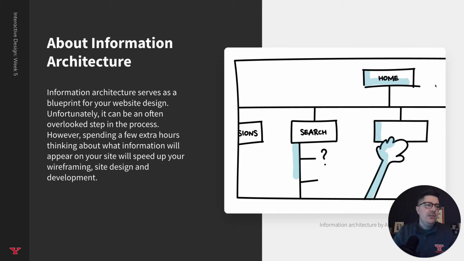So let's start off by defining it. Information architecture serves as a blueprint, like I said, for your website. Unfortunately, though, I think this step is often overlooked in the UI UX process in the industry. For many years, I overlooked it, and now it's become an essential piece of what I do from a UI UX interaction design